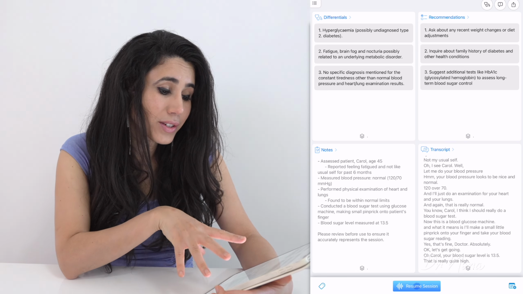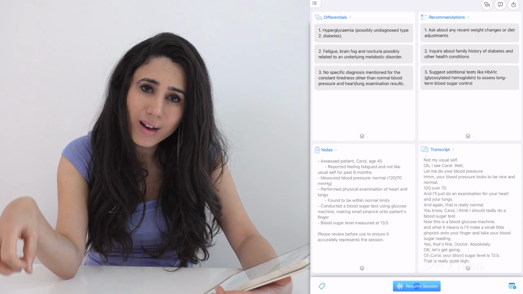So I'm quite pleased that the artificial intelligence has managed to pick up on the high glucose reading that I had in-house for this patient. And so it's given me that idea that maybe I should be thinking along the lines of possible diabetes. And before we get looking into why the artificial intelligence thinks it's diabetes, let's just have a brief chat about